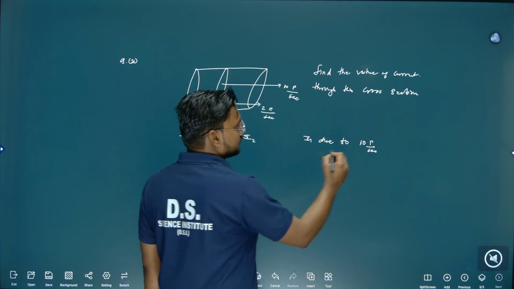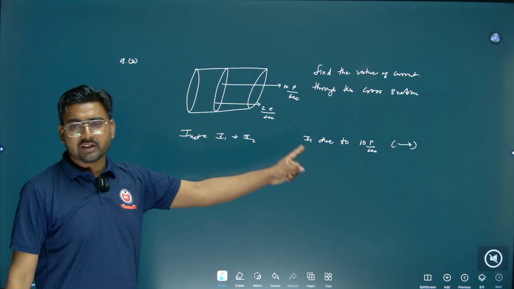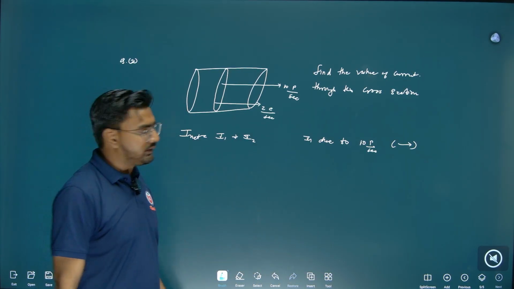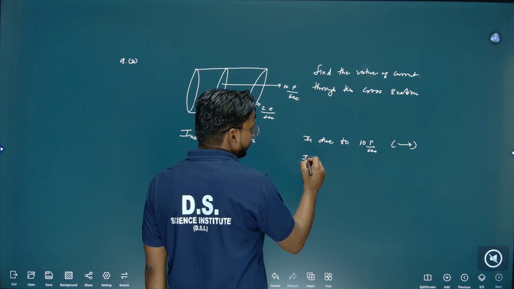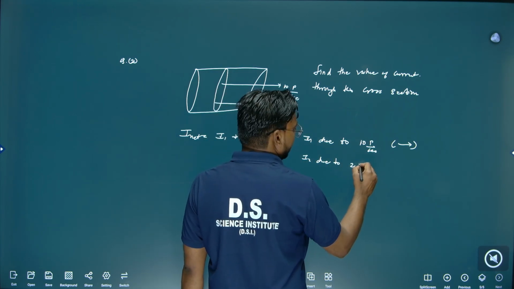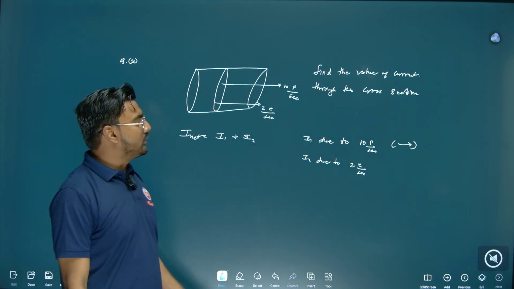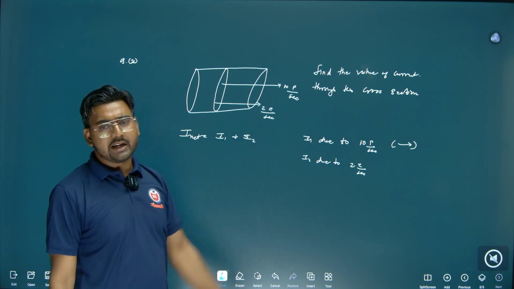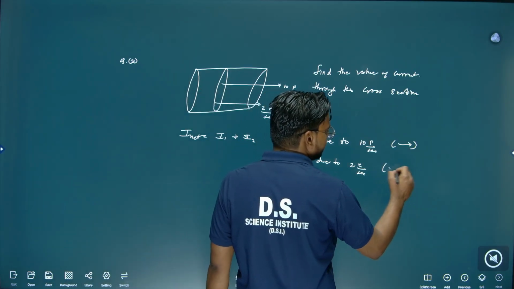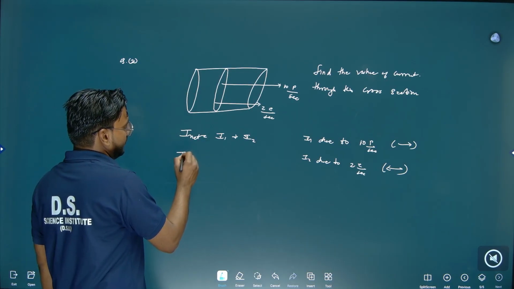The direction of current is always in the direction of positive charge, and the positive charge is moving in the right direction. So we are considering current I1 is also in the right direction, and I2 is due to 2 electrons per second, and the electrons are also moving in the right direction. But the direction of current due to these electrons is opposite, so we are considering it to the left side. So net current